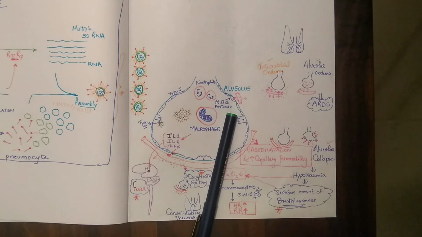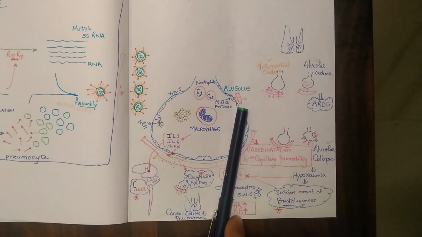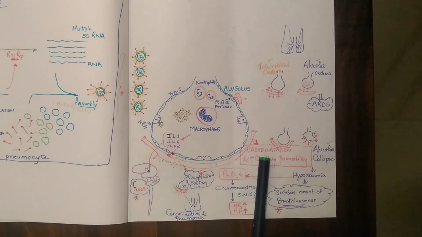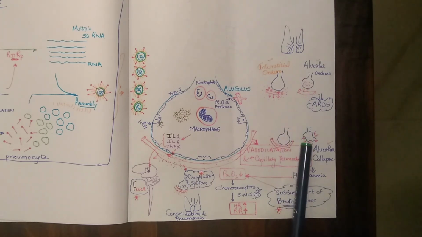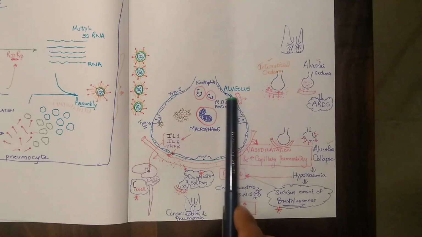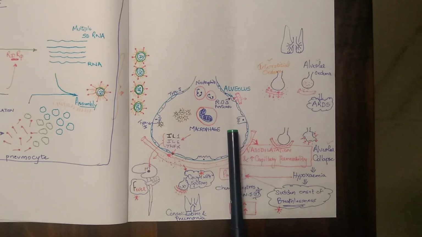So what happens? Exchange of gases will be affected. There are pores in the alveoli. Second, it again causes increased capillary permeability. When there is increased capillary permeability and vasodilatation, again there will be interstitial edema, alveolar edema, ARDS, acute respiratory distress syndrome, and alveolar collapse, again contributing to hypoxemia. Even these enzymes and reactive oxygen species will contribute to the hypoxemia or decrease of saturation level in the body.